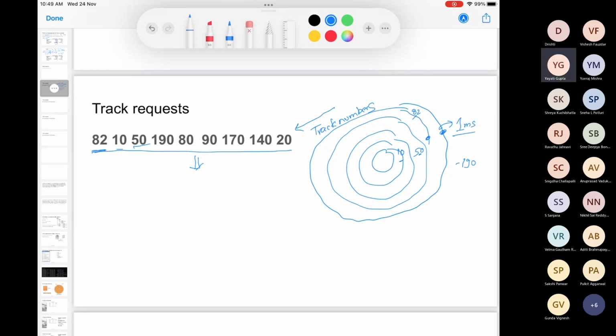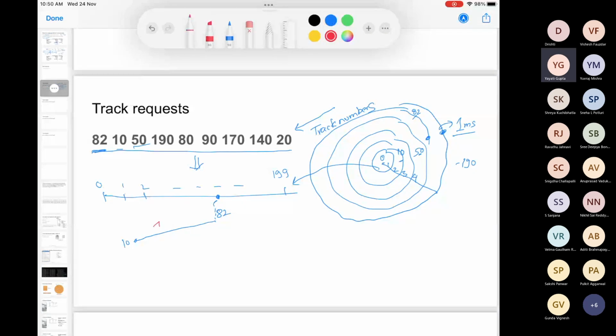So you serve track number 82. I'm going to draw it like this. Let's say this is track number 0, then this is track number 1, track number 2, track number 3, 4, 5, 6, so on and so forth. I'm just going to draw this same line here. So it is your track number 0, track number 1, track number 2, all the way. Let's say we have some 200 tracks on a particular platter, so we have 199 tracks. The first request which came is for track number 82 over here. The next request which came is for track number 10, right? So your read write head will now move all the way to your track number 10. How much time will it take?